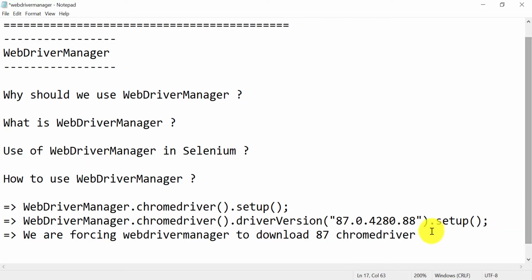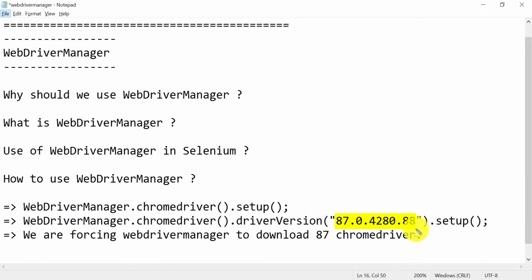As per requirement, if you want to force any specific Chrome driver version, you can do this: WebDriver manager dot Chrome driver manager dot driver version, and here you need to provide the driver version you need to download, as per your requirement.